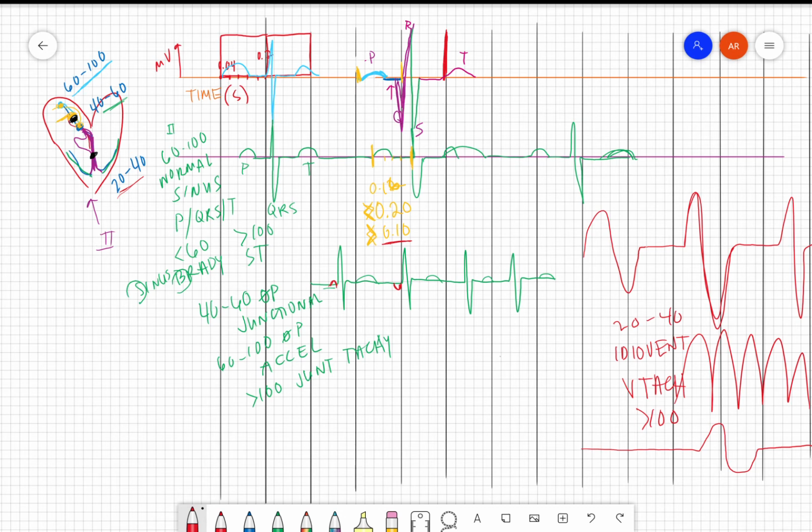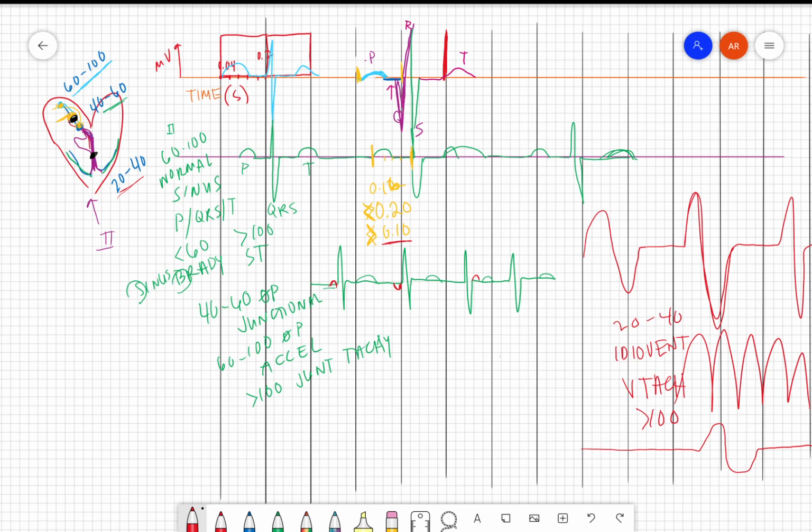There's that. That can happen. So that would still be considered a junctional rhythm. Either you have an upright P wave but the PR interval is really short, you have an inverted P wave, or you have no P wave. Sometimes your P wave will come after the QRS, and that's just retrograde. It's moving backwards, but it still would be considered junctional. So there's a lot of different things that can happen, and it can make identifying your rhythm extremely